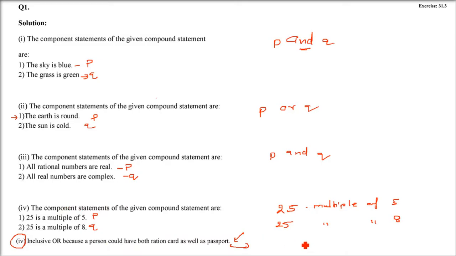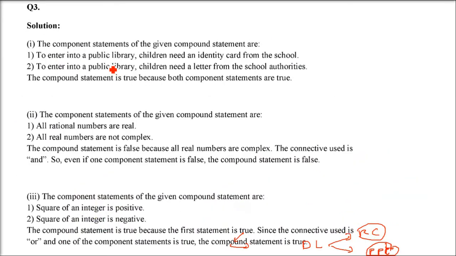So now you see here, if you want to apply for a driving license, if you have a ration card, it is good. If you have a passport, this is also good. But if you have both of them, nobody would mind. They will not say if you have a passport, you shouldn't have a ration card, or if you have a ration card, you shouldn't have a passport. They're not saying that.